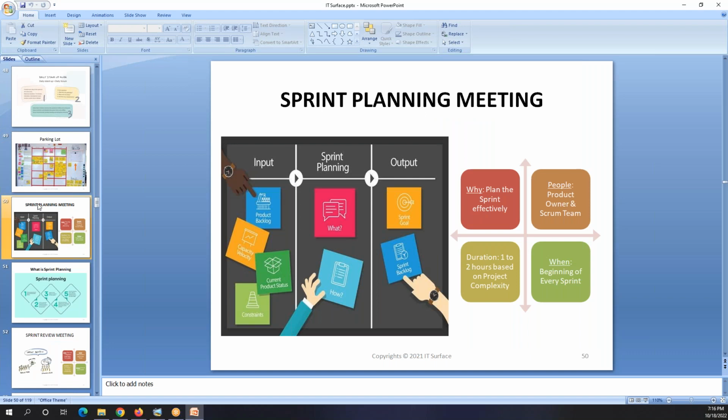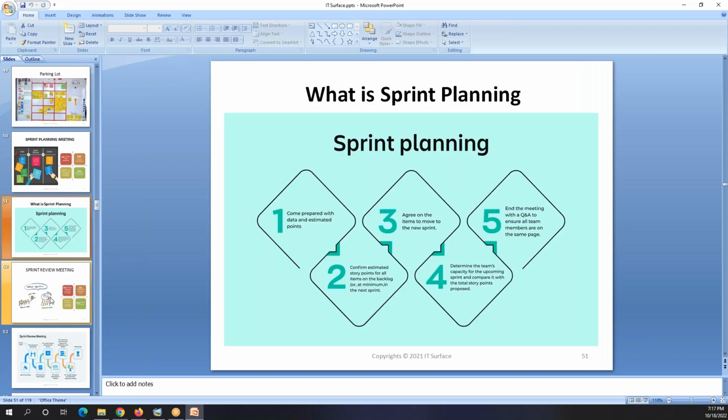You already know about sprint planning. Let me know, I'm just going over something you might not have seen before, but just doing some review here. Sprint planning is basically what we are going to do in the next 10 days, 2 weeks.